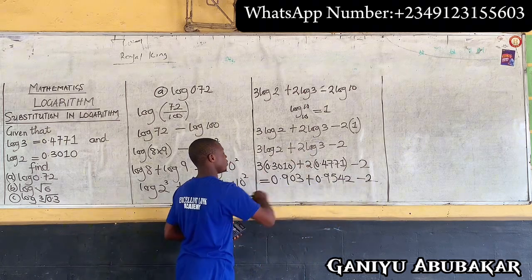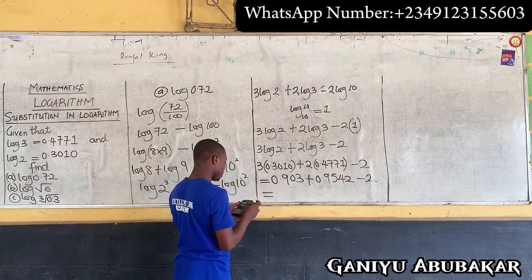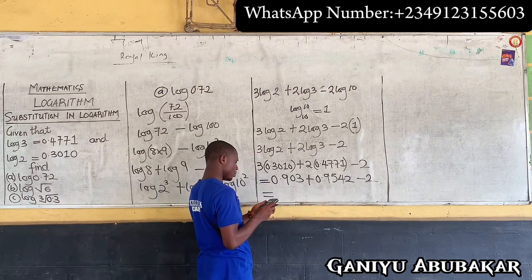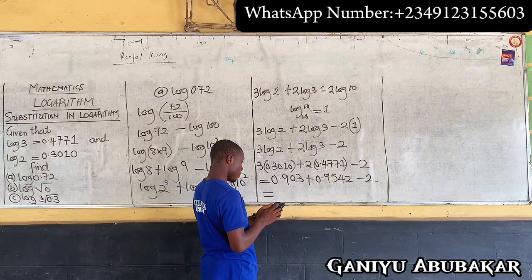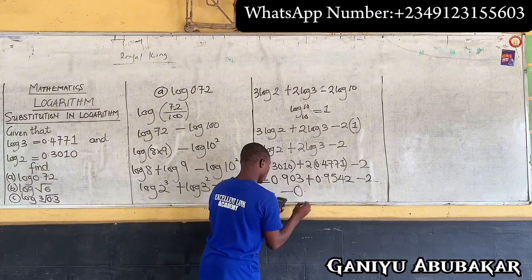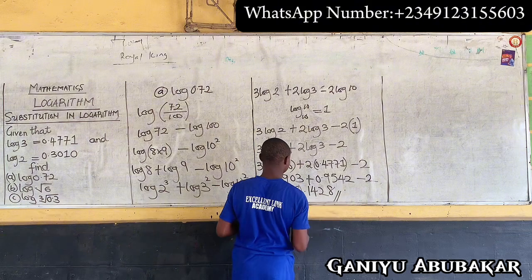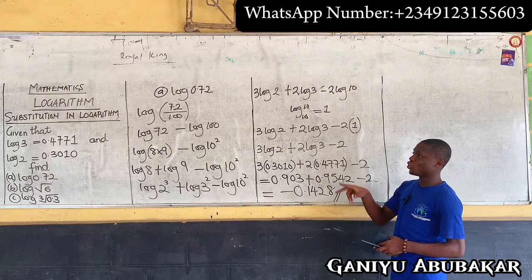Next up, minus 2. Now simplify this. This value here is 0.903 plus this here is 0.903 plus 0.9542 minus 2. I have minus 0.1428 as my answer. So my answer here becomes minus 0.142 after putting the value of log 3 and log